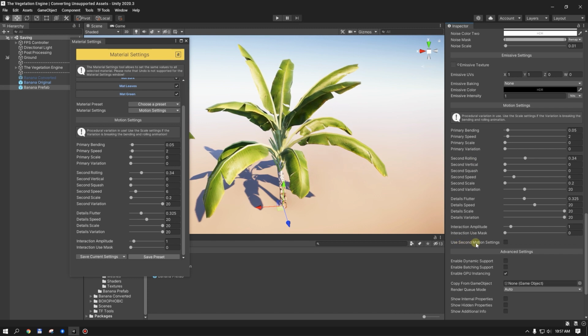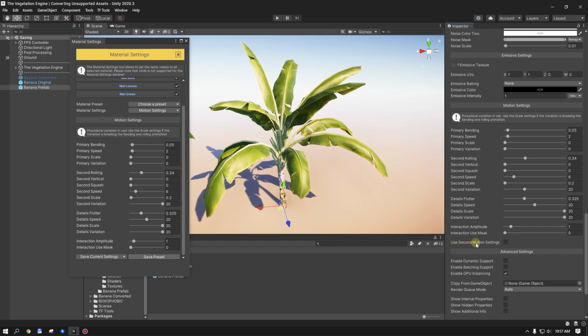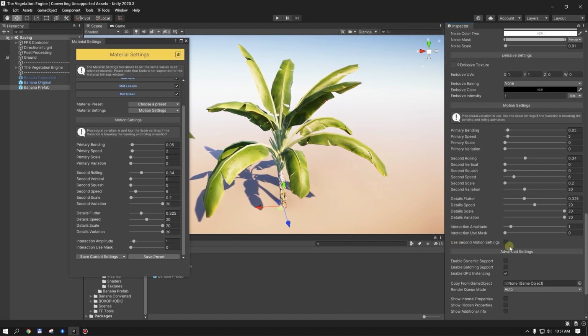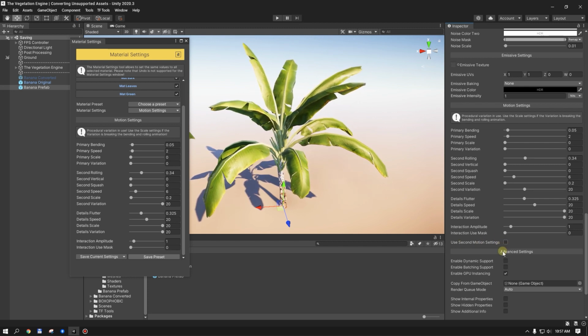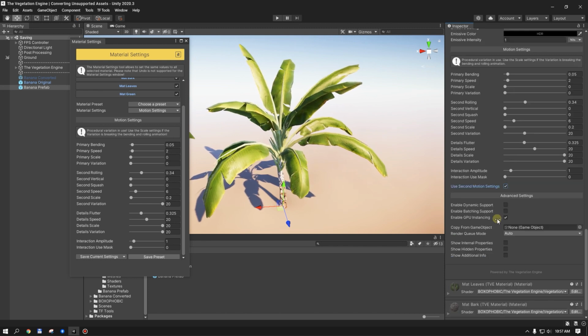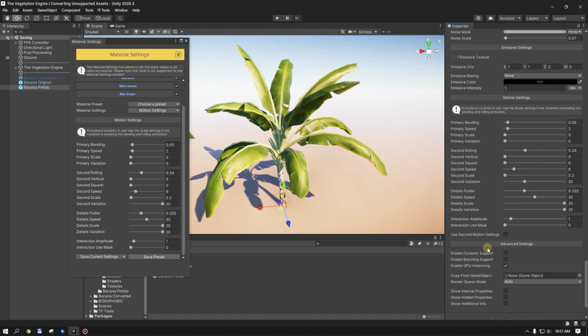Not in all the cases, but sometimes the converter decides to disable this use second motion setting. Those cases are when the branch mask and the leaves mask are the same, then the converter will disable the second motion. So I will re-enable the second motion for all the